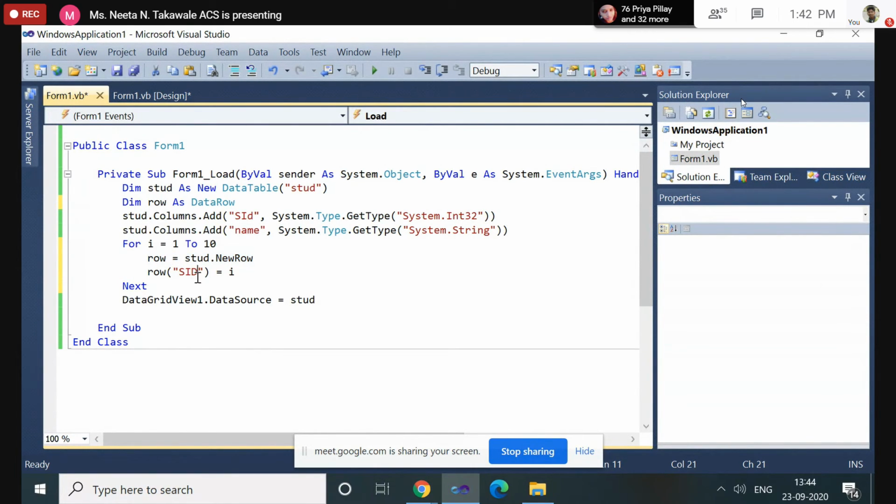And using this, row in brackets, the name of the column. In which column do you want to add the numbers 1 to 10? In the SID column. So row in double quotes the name of the column is equal to the value of I. The initial value of I is 1, the last value is 10. So the values 1 to 10 we are assigning to the SID column.